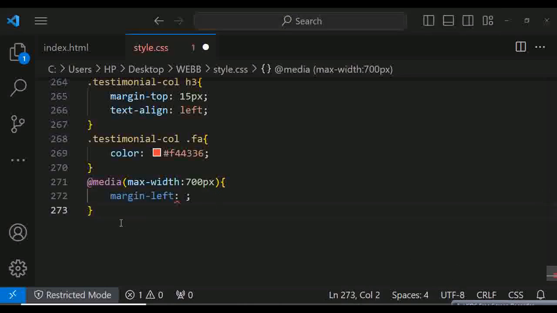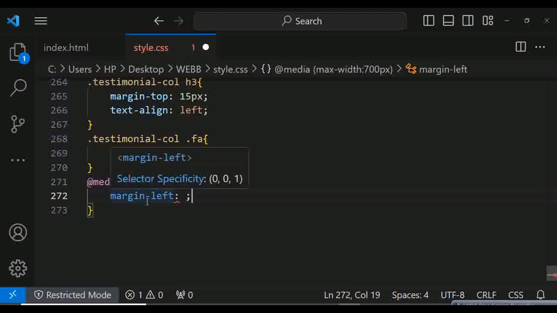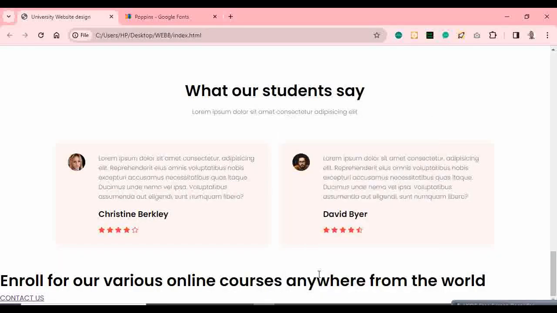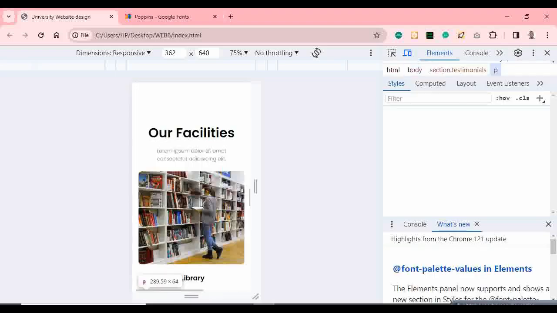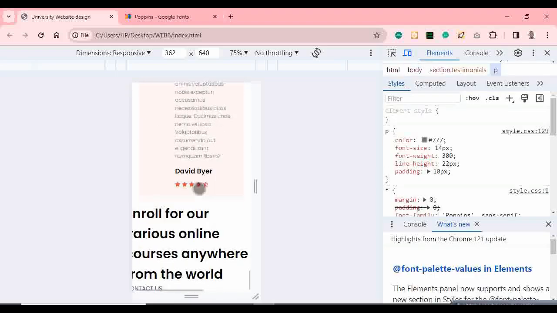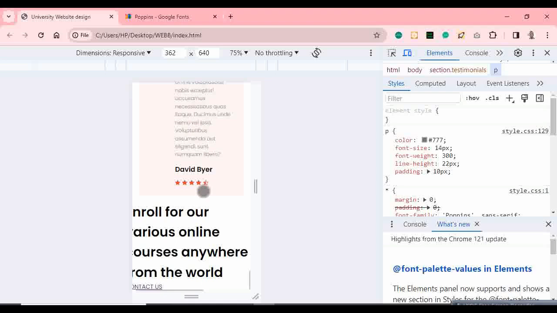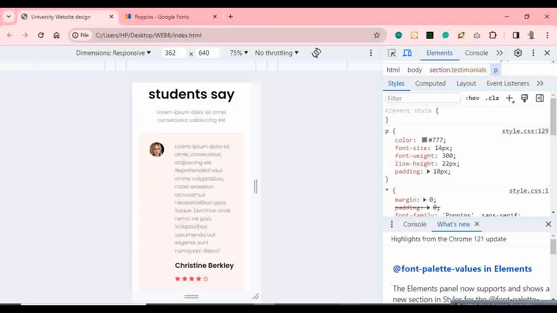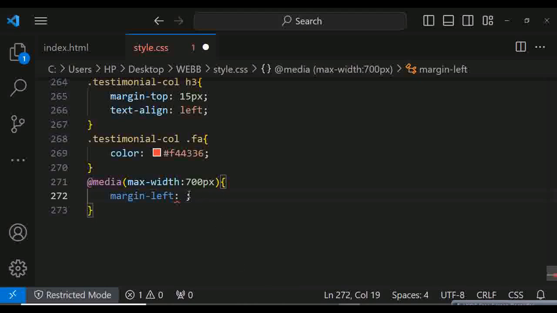So there was something we did wrong in this place before. For this media query, we're trying to create space for the image in the small screen. So let me show you. For the small screen, we're trying to create space. Okay, for this, the right thing to do was, before this,